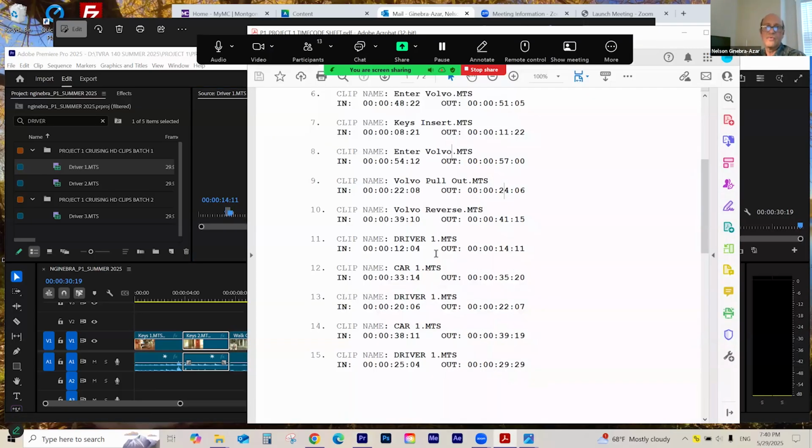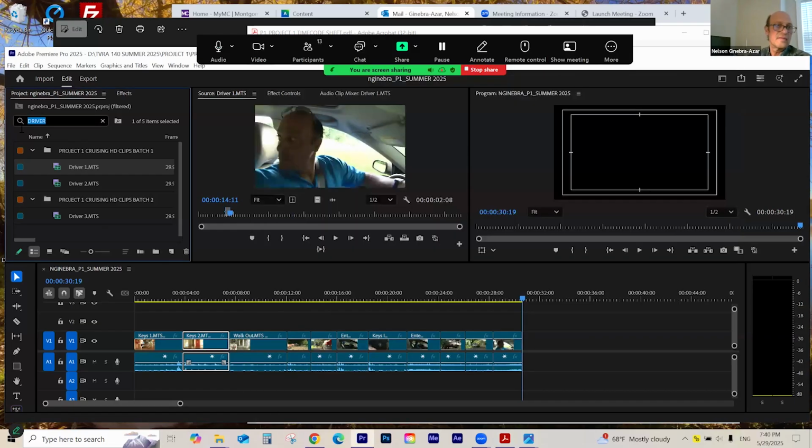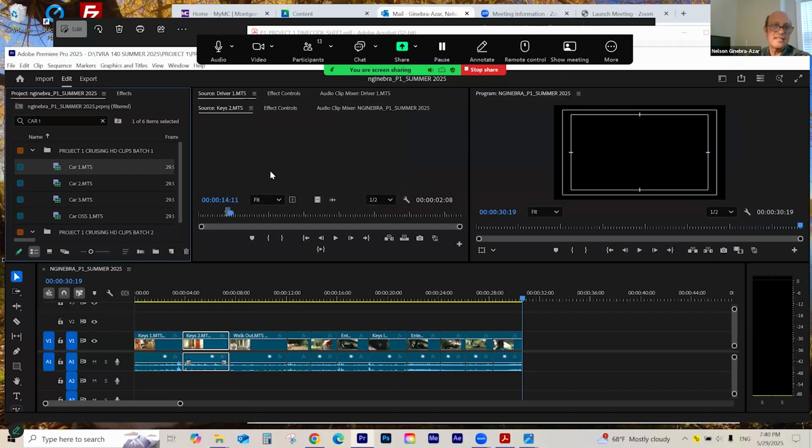Okay, so this is where you could get confused because you've got driver 1 and then car 1. Just keep track of where you're at. If you have a piece of paper, you can list 1, 2, 3, 15 and check them off, and then you're not duplicating a shot. All right, so that was driver 1. Now I'm going to car 1. But you will also know if you mistake, because if you repeat a shot, and by the way,